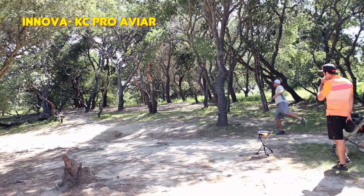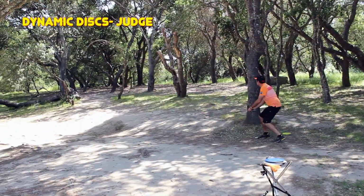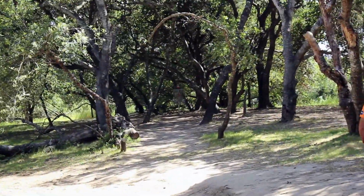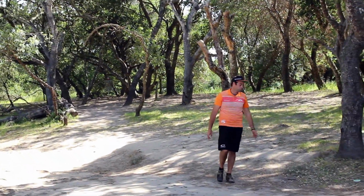You just don't want to get a 5 or 6. Mm-hmm. This is a difficult upshot just because of how many trees there are close to the basket. It sure is. Yeah. It's kind of neat, that little hook branch you can see where Dave's going. Yeah. Oh, see, he played it right under there. Yeah, he did. Ooh. It's kind of a fun shot. Just stay under the little